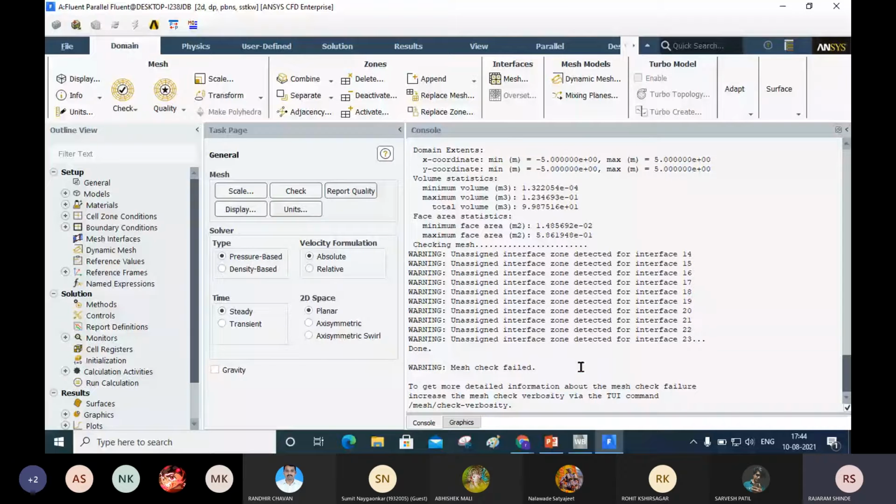Okay, so I'm going to make the interface of the mesh in the Fluent. But here one more thing I want to tell you. This interface is a must, because we are going to do the moving reference frame analysis. Okay, that means some parts are moving here. Now ignore this warning, and when we make interface, that will be corrected. Okay, now next one, I will go to the